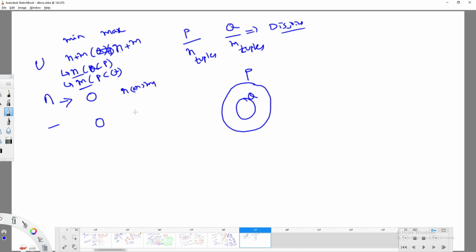Here you are getting multiple cases. If you observe, both are disjoint. When both are disjoint, what is P minus Q? It will be P. P means N, right? When both are disjoint, it will be N, according to our relations. Is there any chance to get 0?